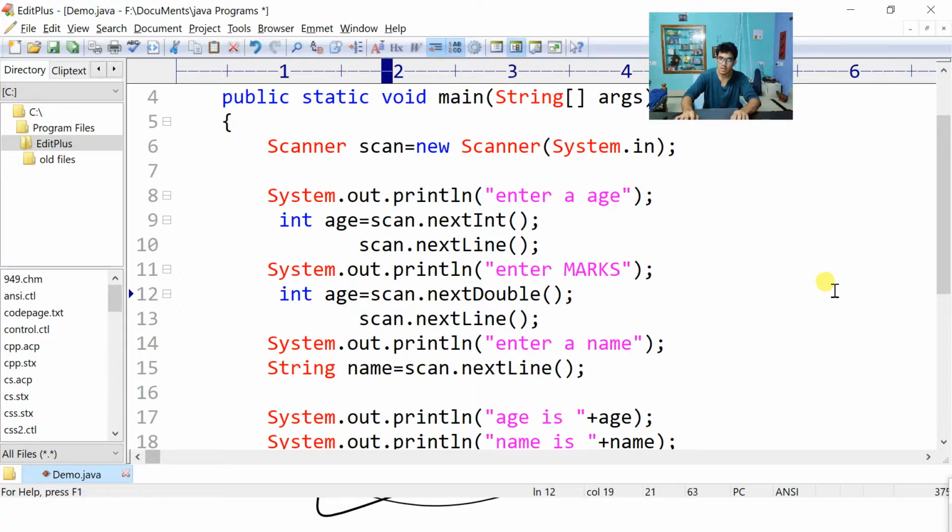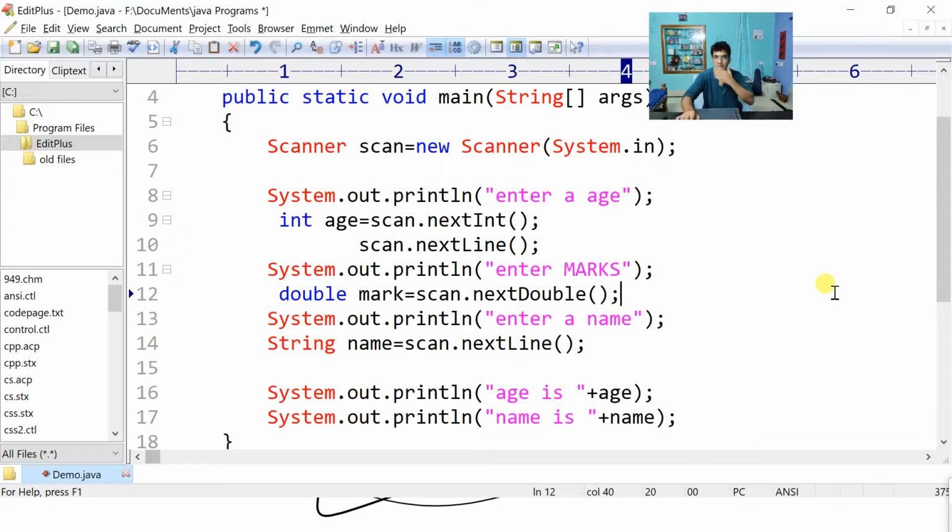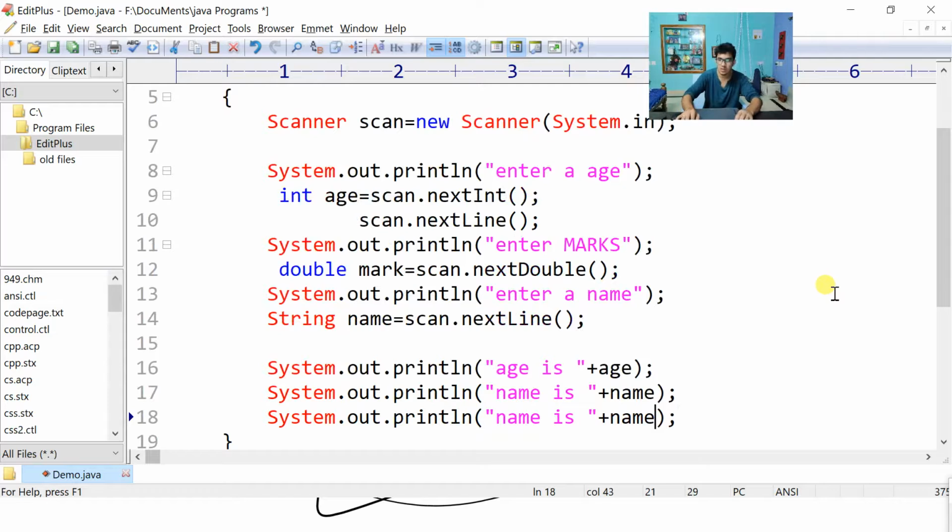So I have to store it in which variable? I have to store it in mark of type double, right? Yes. See, you have to write scan dot next line. Else what will happen? I'll tell you. And I have to print age, name, and mark also.